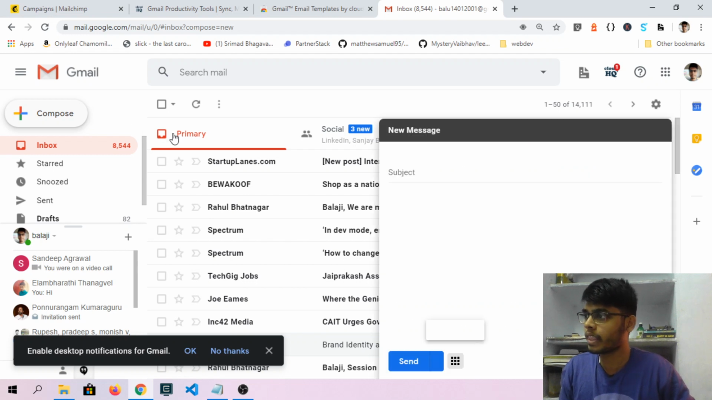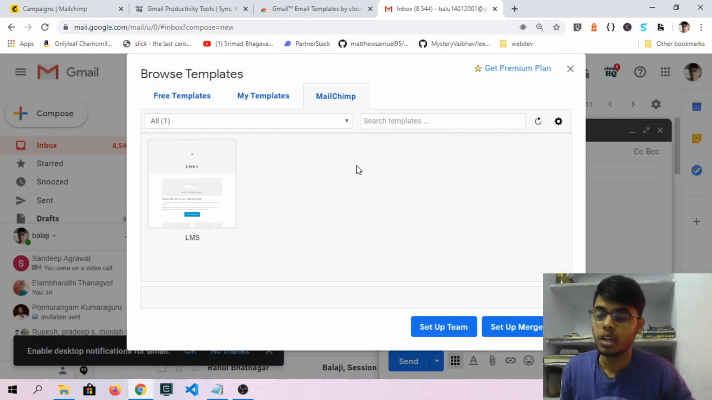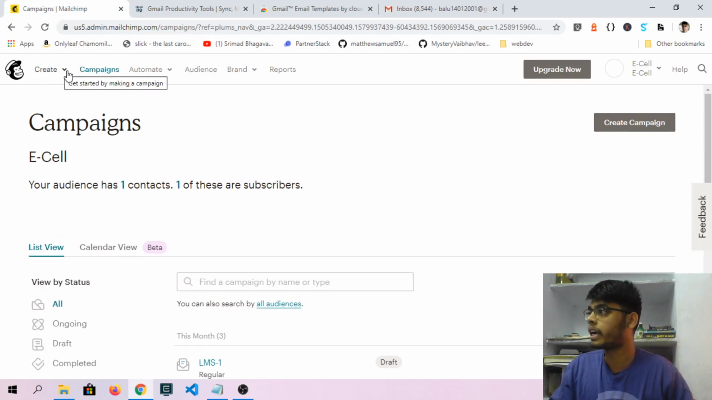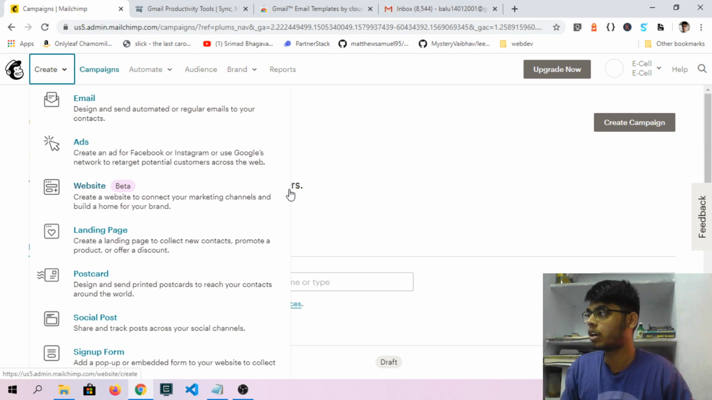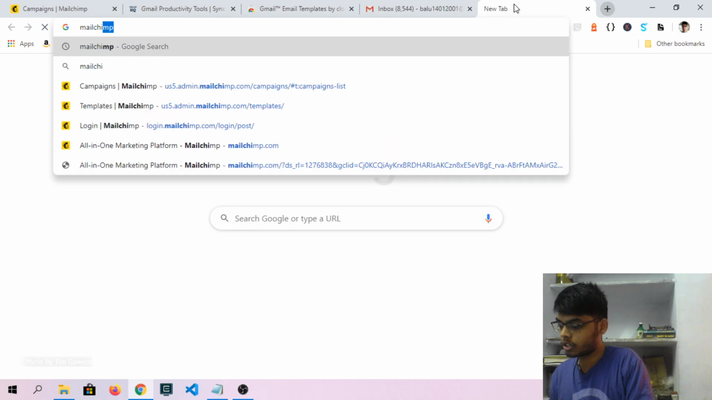Click on compose, open the compose window, and you can put anything you want. Then go to this button over here and click insert template. One of the most important things this has is that you can also import templates from Mailchimp, which is very customizable. You can create fantastic designs. Just check Mailchimp